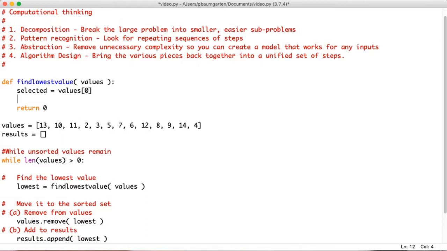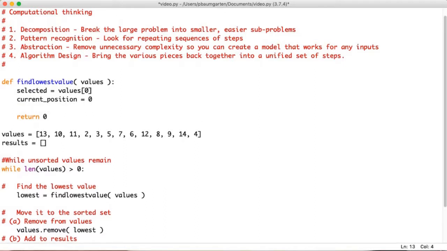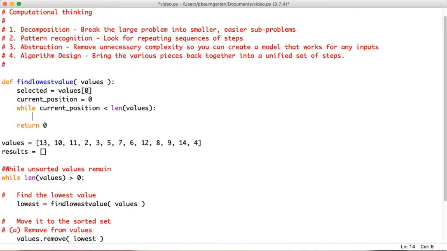Which one should I use? Let's use a for loop, except the for loop in Python is slightly different to how it works in other languages. I might stick to a while loop. Okay, current position. Let's do this. Position. All right, so we started on card 0. While my current position is less than the length of values, so while I haven't hit the end of the list, if the value at my current position is less than my selected,